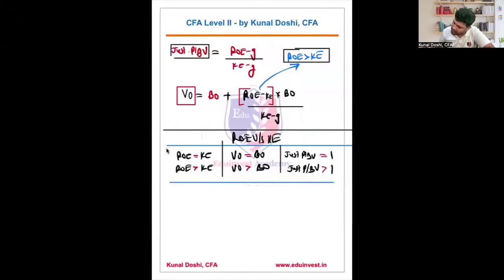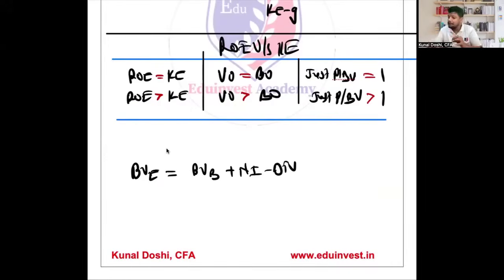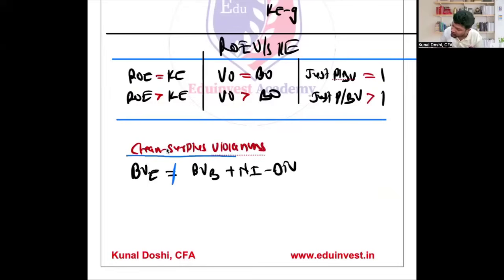So what is clean surplus violation? Your book value ending is actually book value beginning plus net income minus dividend. This is what it should be. But when these two things don't match, that is what we call clean surplus relation violations, or simply clean surplus violations. When the ending value doesn't match the normal equation,